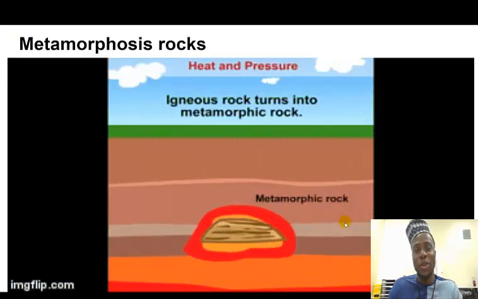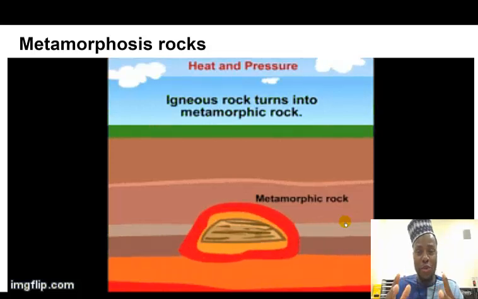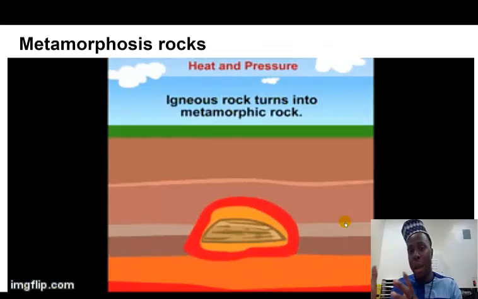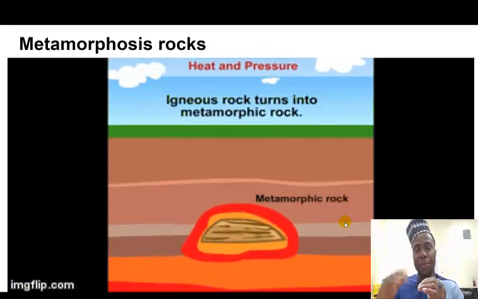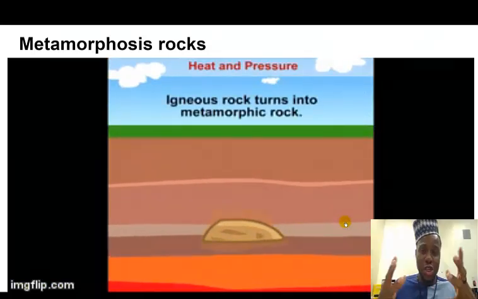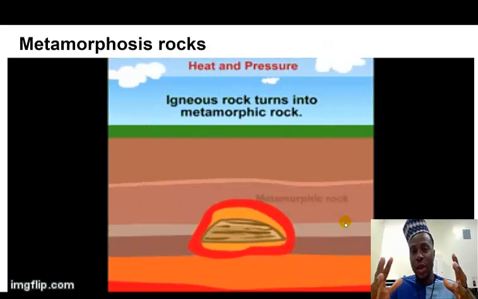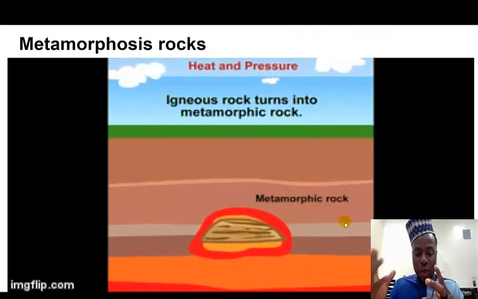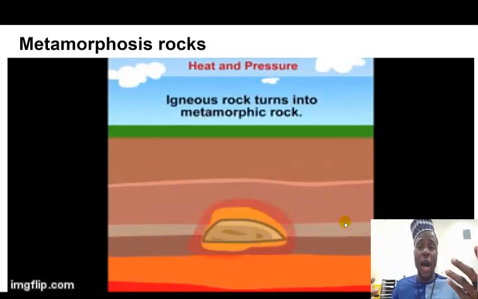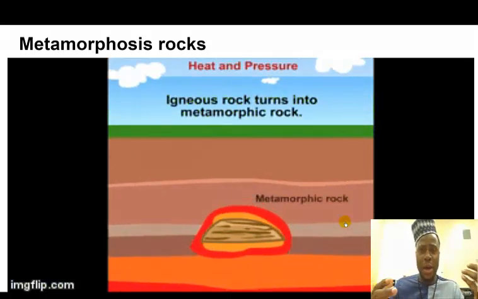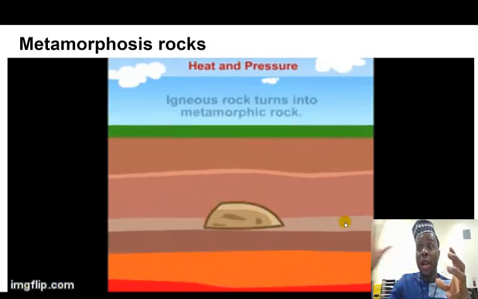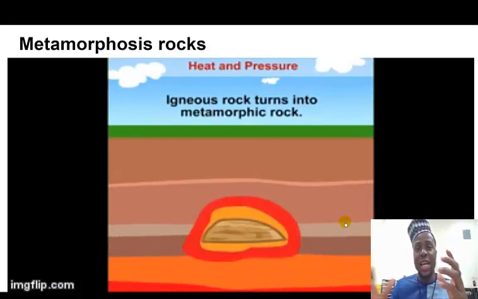Now we move over to the last category of rocks, metamorphic rock. Now, metamorphic rocks are rocks that come from other parent rock, which means they are pre-existing rock that is subjected to enormous pressure and enormous heat. Okay, we're going to dive a little deeper into where this heat is coming from, but basically the heat is coming from deep inside the earth, from the lava flow that we talked about earlier on. And when that lava or that heat comes in contact with other rocks that are already pre-existing,